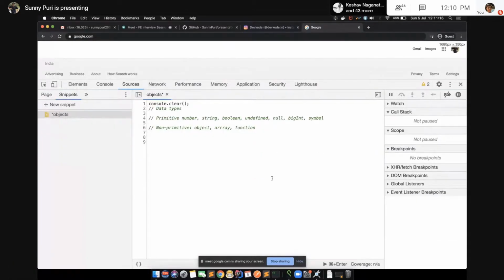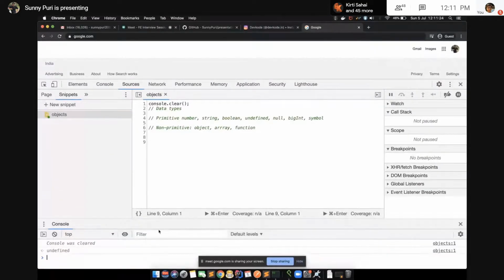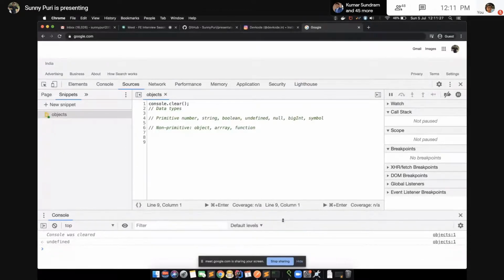So how will we run this? We will run either by pressing this icon, otherwise Control Enter, or for Mac users Command Enter. As soon as I do this, automatically this panel will open and you can see the console. So let's see the example. If I copy this variable, then rename it, I updated the copy variable. Let's see what is the impact in this case. I'm using a primitive right now. So these are the primitive values.